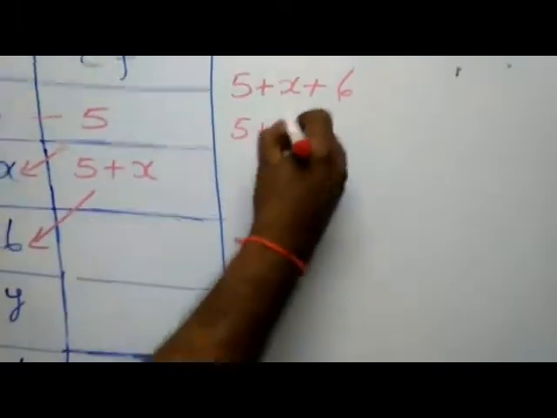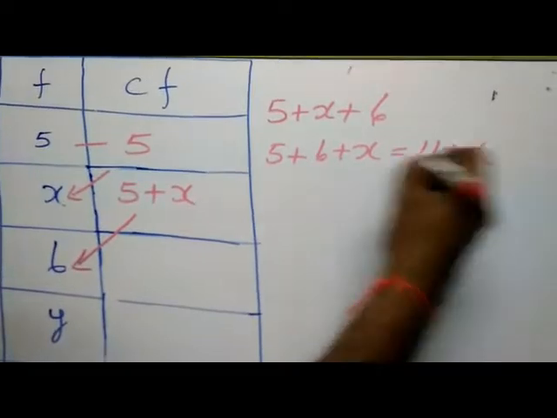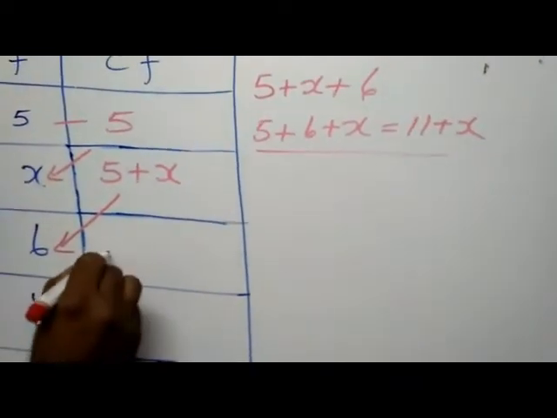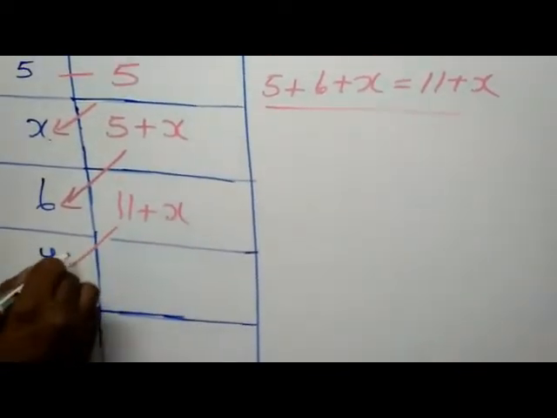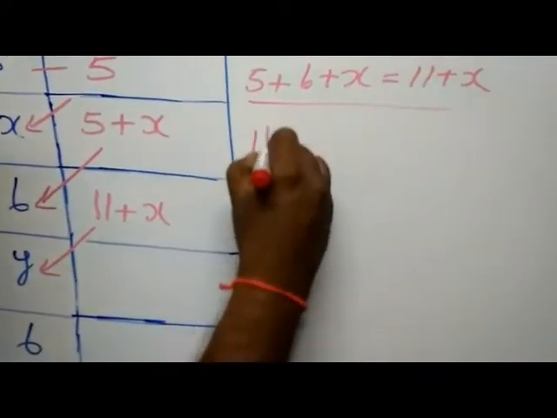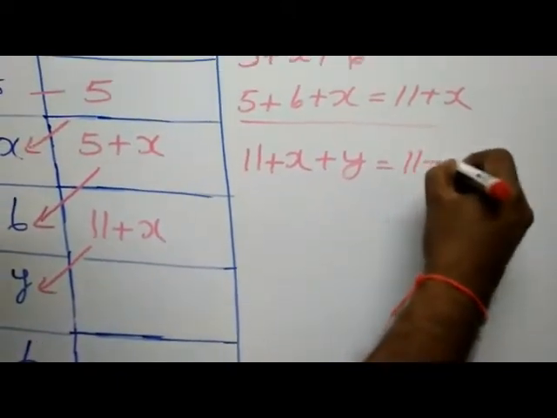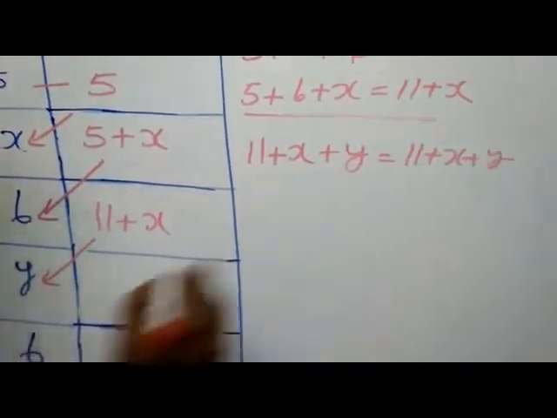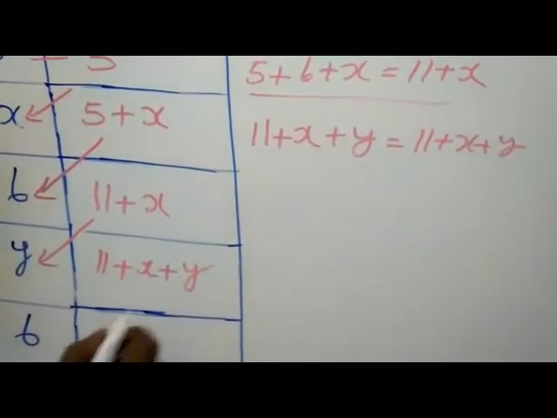That is nothing but 5 plus 6 plus x is equal to 11 plus x, not 11x. Don't confuse. 11 plus x. Next step, 11 plus x plus y. You write as it is, 11 plus x plus y. Next step,